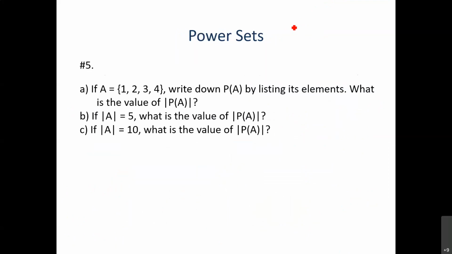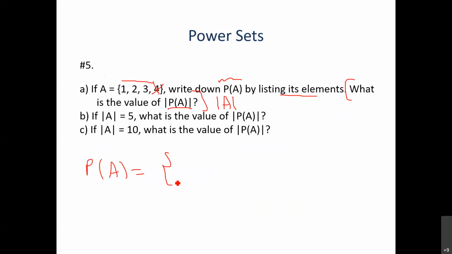Another idea, power sets. So let's say A is 1, 2, 3, 4. Write down the power set of A by listing its elements. What is the value of the size of P of A? We'll get to this second part in a bit, but when you say 2 bars and a set, it's the size of the set. So how many elements do I have in this set? But first, let's write some of the elements in the power set of A. To make it slightly easier, just assume it's made up of 1, 2, 3. So the power set of A,